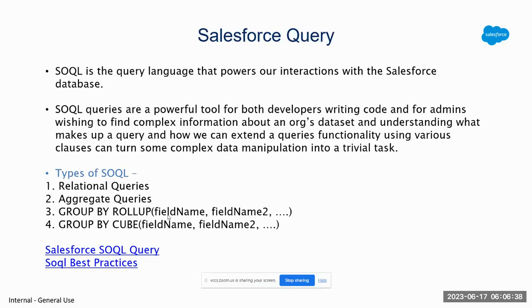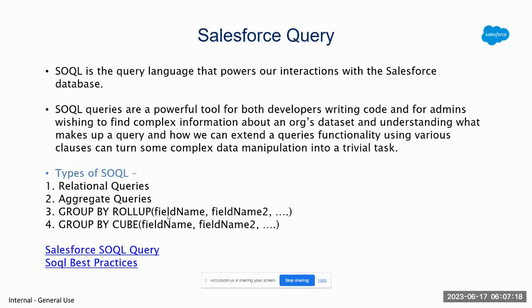Even as an admin, I'm sure you must have done queries, or if not, then I'll definitely advise you to start SOQL at least. Even before the developer journey, you can start querying. If you don't have access to the developer console, it doesn't matter. You can go to Workbench, log in using your admin credentials, and start querying there in the SOQL query section. You can try simple steps, like finding any field or any record. You can start doing SOQL queries right now. This will be very beneficial for you.